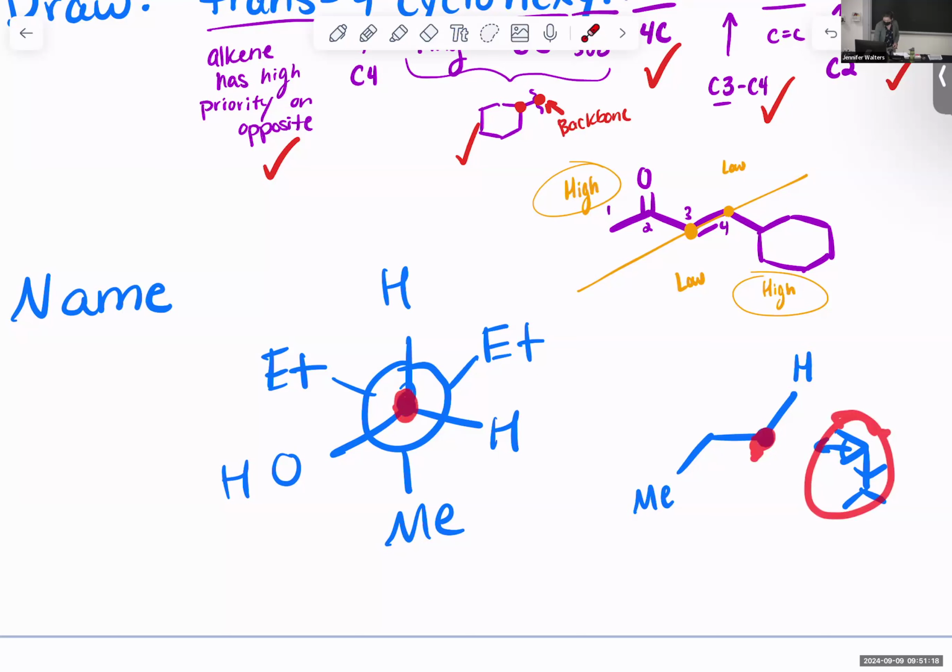So I know that this is my front carbon. So that hydrogen that went straight up had to be closer to me. So that's why I was drawn on the wrong side originally, right? I am on the right-hand side of this molecule. I'm essentially taking this molecule, which is stacked like this, and just folding it over. Taking it like this, rotating it over. So when I do that, I take this and I fold it over. That's going to make this alcohol be a wedge. And then the other hydrogen would be a dash. Because when I fold this over,